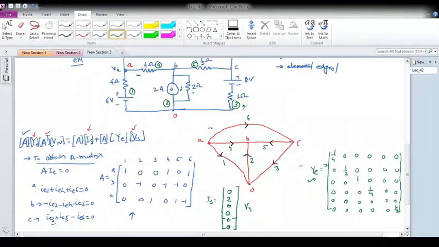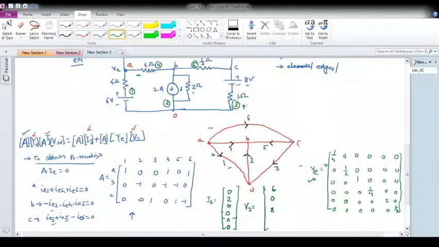Now let us write the voltage source vector. In element 1, is there any voltage source? Yes, it is there, and the polarities will be like this, because current flows from positive to negative potential, higher potential to lower potential. So this will be 6 volt, yes. Then for element 2 there is no voltage source, so this is 0. For element 3, yes, there is a voltage source which you see here, so again the polarities are in favor, so this will be 8.